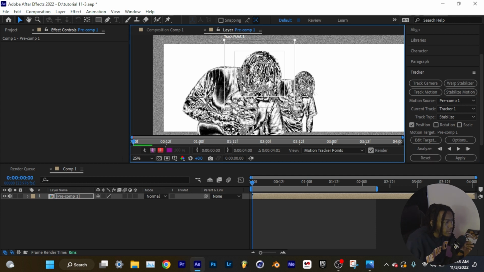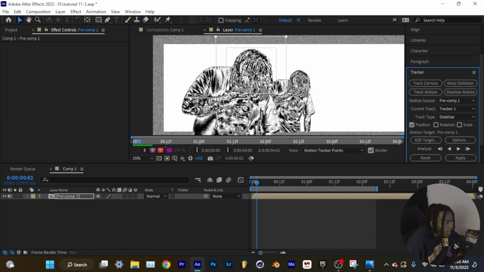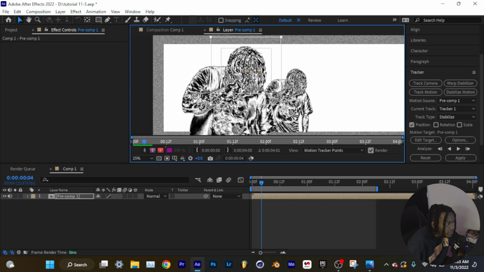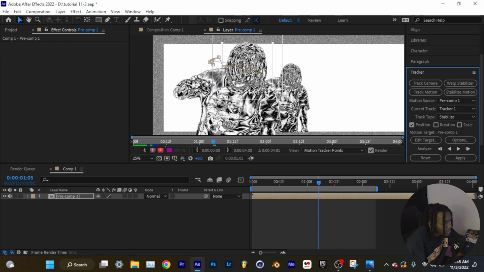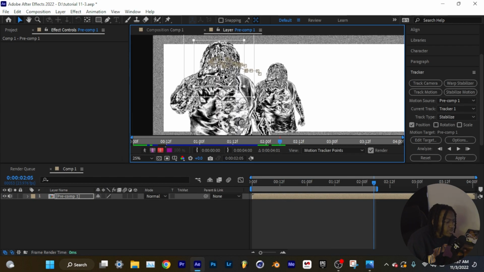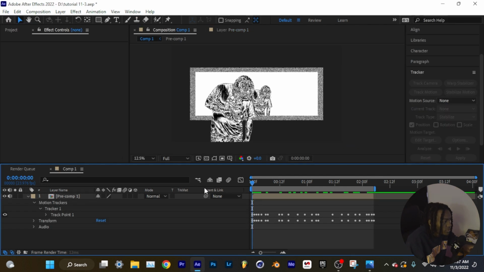You could also do the tracks manually by just scrolling frame by frame and then adjusting the box. You don't really have to do it every single frame, but maybe every 3 to 4 frames. And then also we have 2 clips here, so when it does transfer into the other clip, you're gonna want to find that first frame of the other clip and bring your box all the way over and just adjust him to where he is. So once you have all your track points, you are gonna click apply and click OK, and boom,